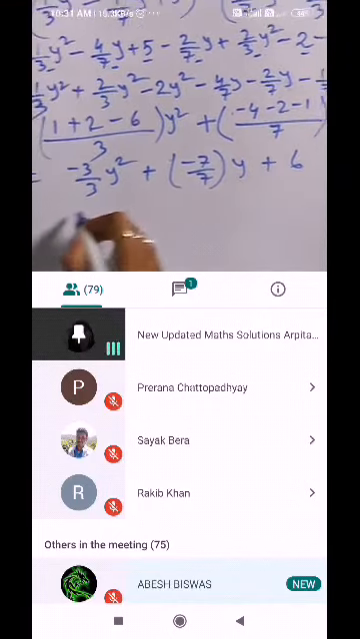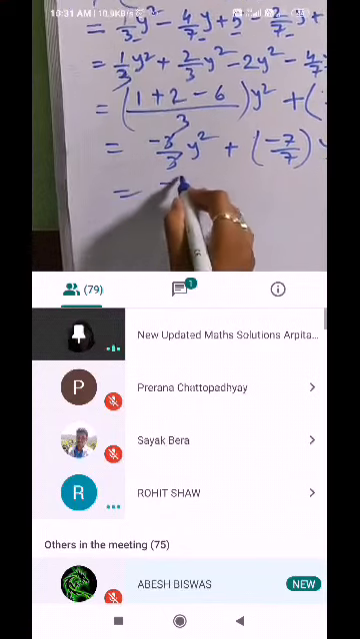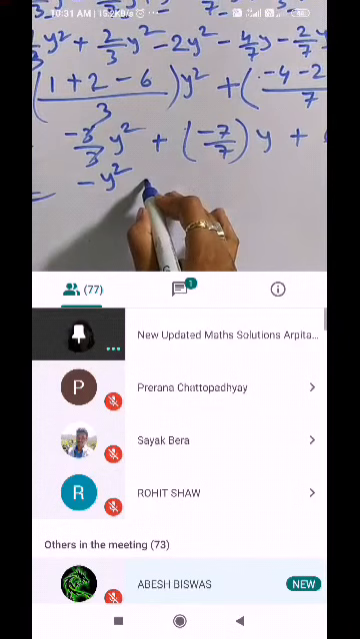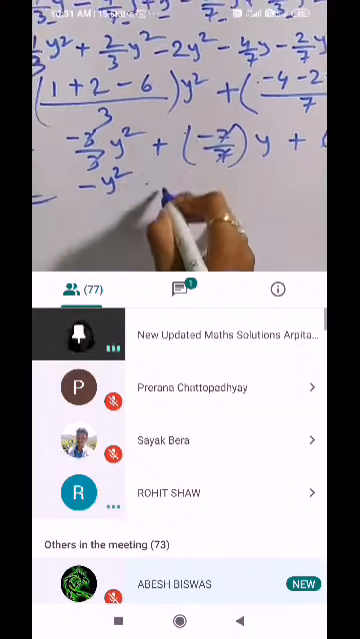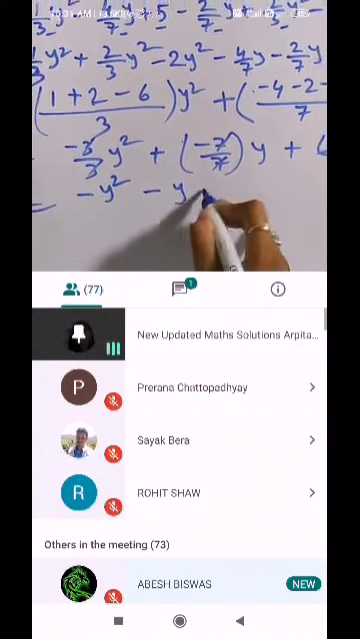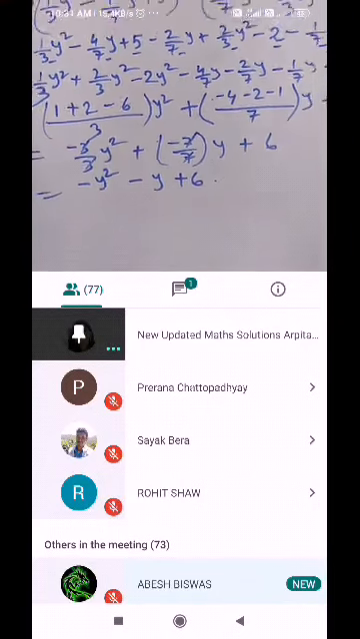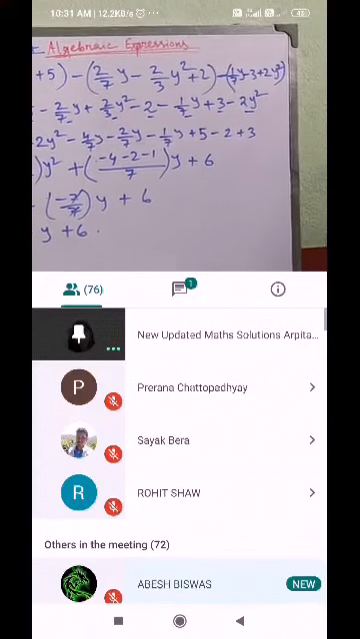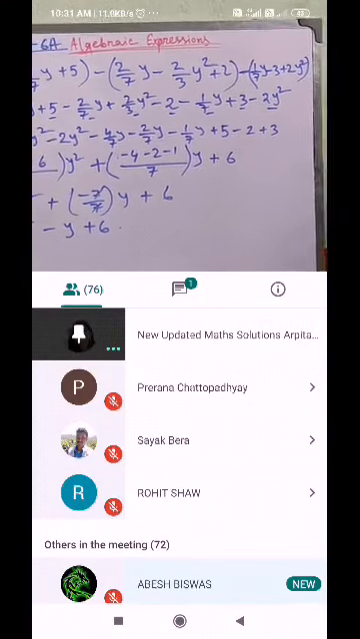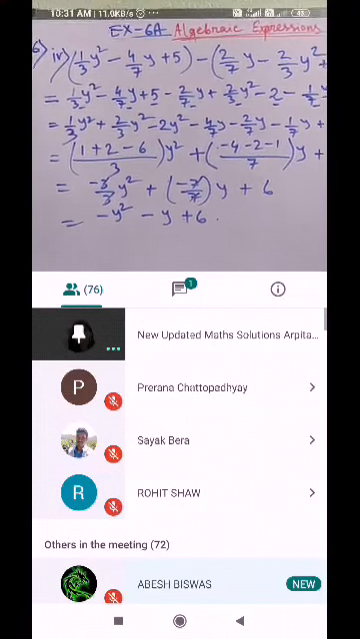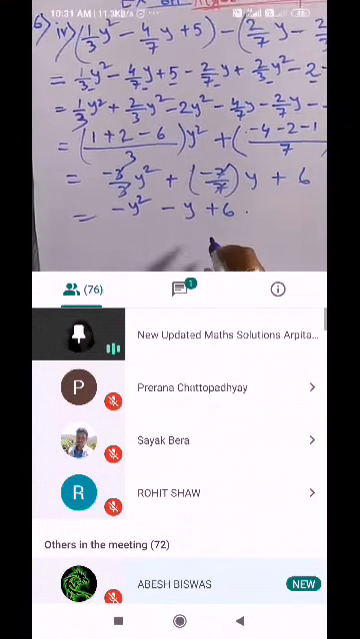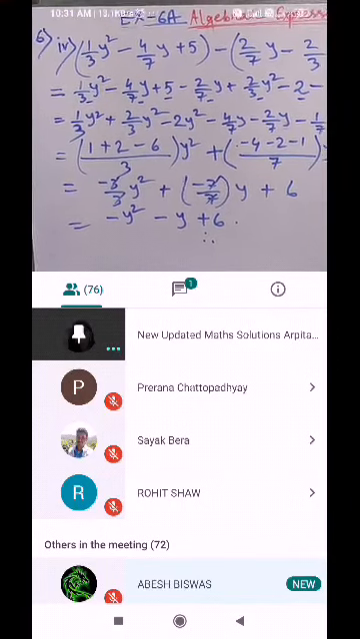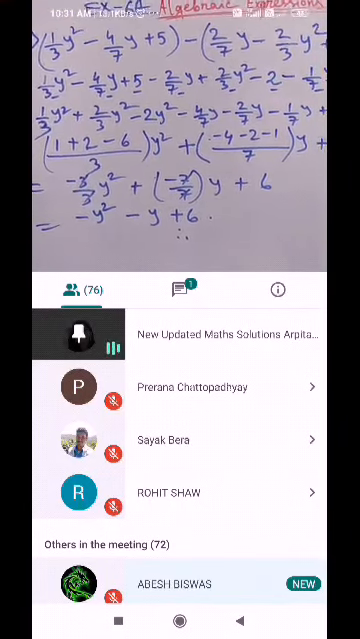plus 6. Then we can cut it. That means minus y square. Then this one will be plus minus minus y, then plus 6. Therefore, the answer you have to write: the required answer is, the solution is